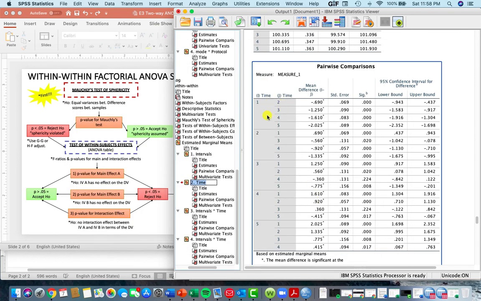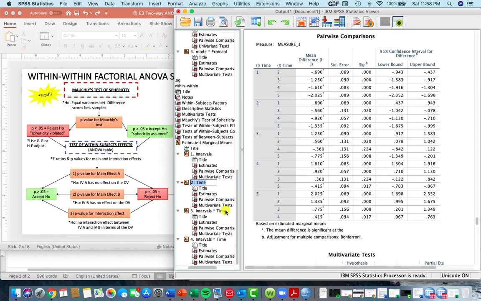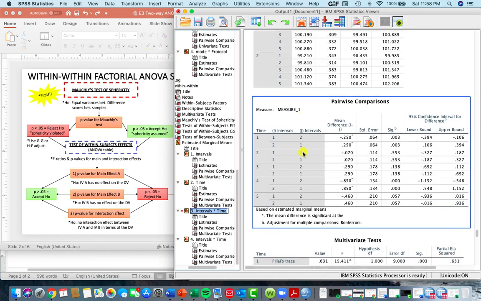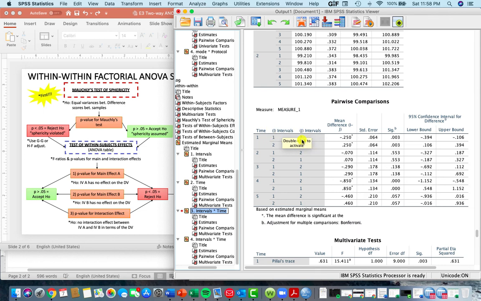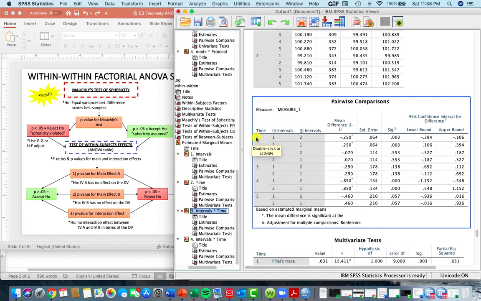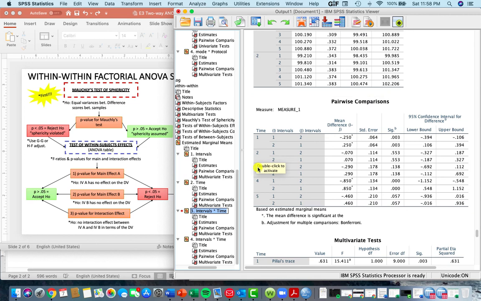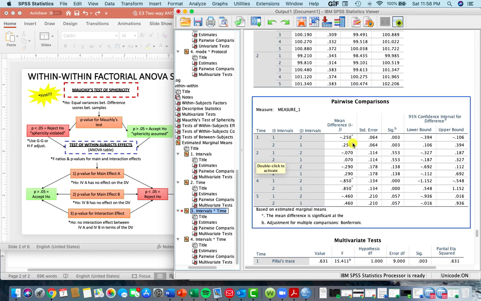So, again, the main effects give us information, but they don't always give us the information we are looking for when we're doing our full analysis. So if we look at our interaction effects, the first one we said we wanted to compare intervals within time points. So this basically says, does our continuous running versus interval running, are there significant differences at 4 minutes? And are there significant differences between the two at 8 minutes or at 12 minutes? Right? And we could see there are significant differences only at the 4-minute time point and at the 16-minute time